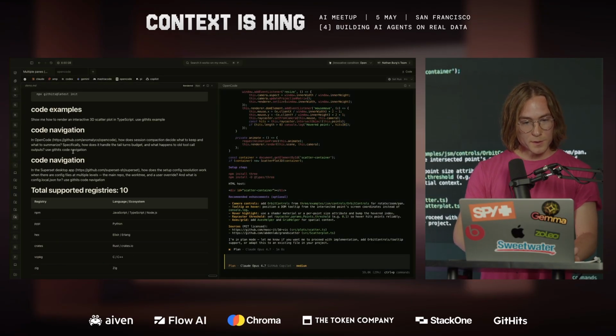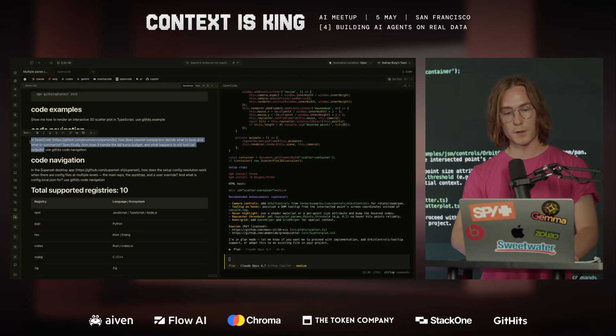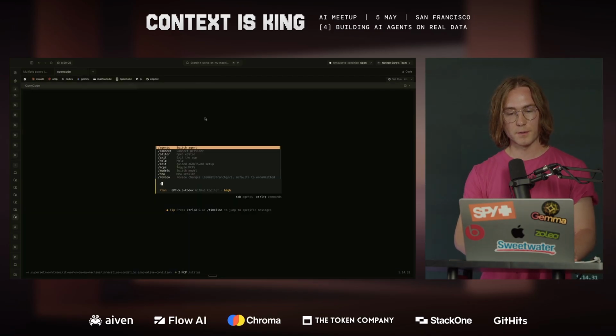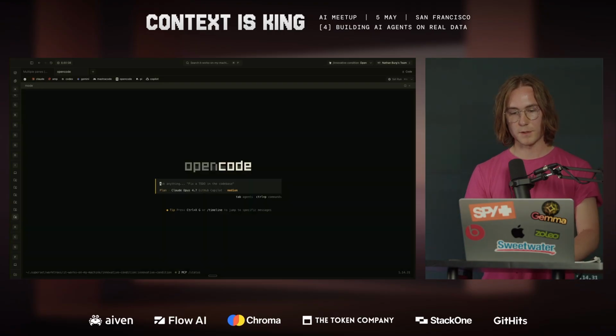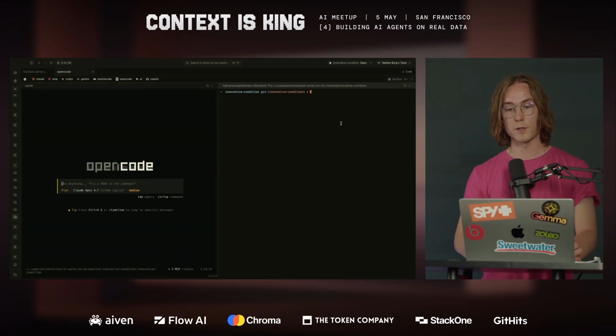This was a pretty cool example. I want to know how OpenCode handles compaction. So let's go to models, let's go to 4.7, and I'm going to split pane. I'm going to show what it's like